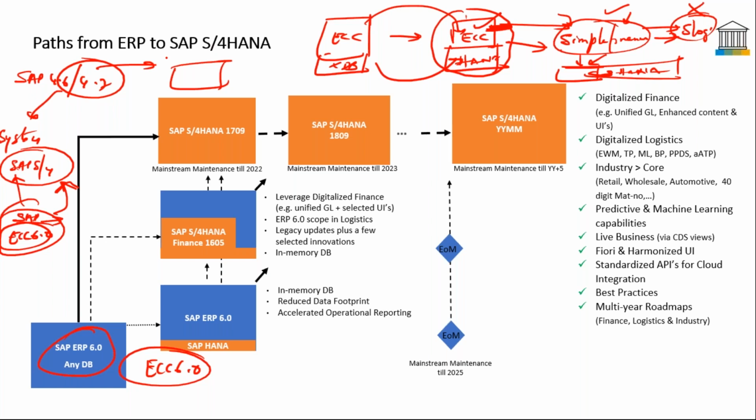So a lot of customers would have been on 4.6, 4.7, right? So what is the roadmap for those customers? SAP has not supported them for a long time. So now this is the right opportunity for those customers to move to SAP S4HANA as a new implementation. Yes, they can migrate their master data and transaction data through a lot of tools that are there as part of the migration. Once they move all these things, it will all get onto that particular system. So they can use the master data, they can create the transactions, and they can take all the data with them. But the custom data cannot be moved.